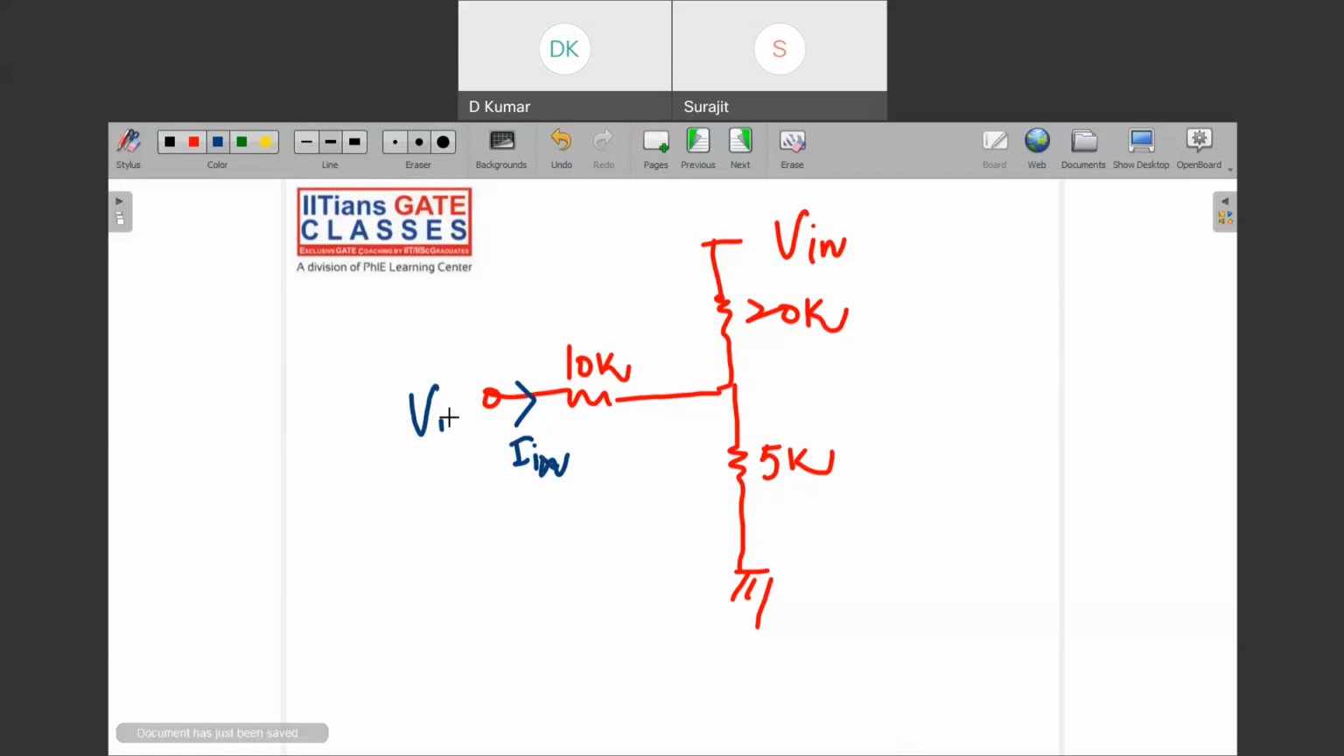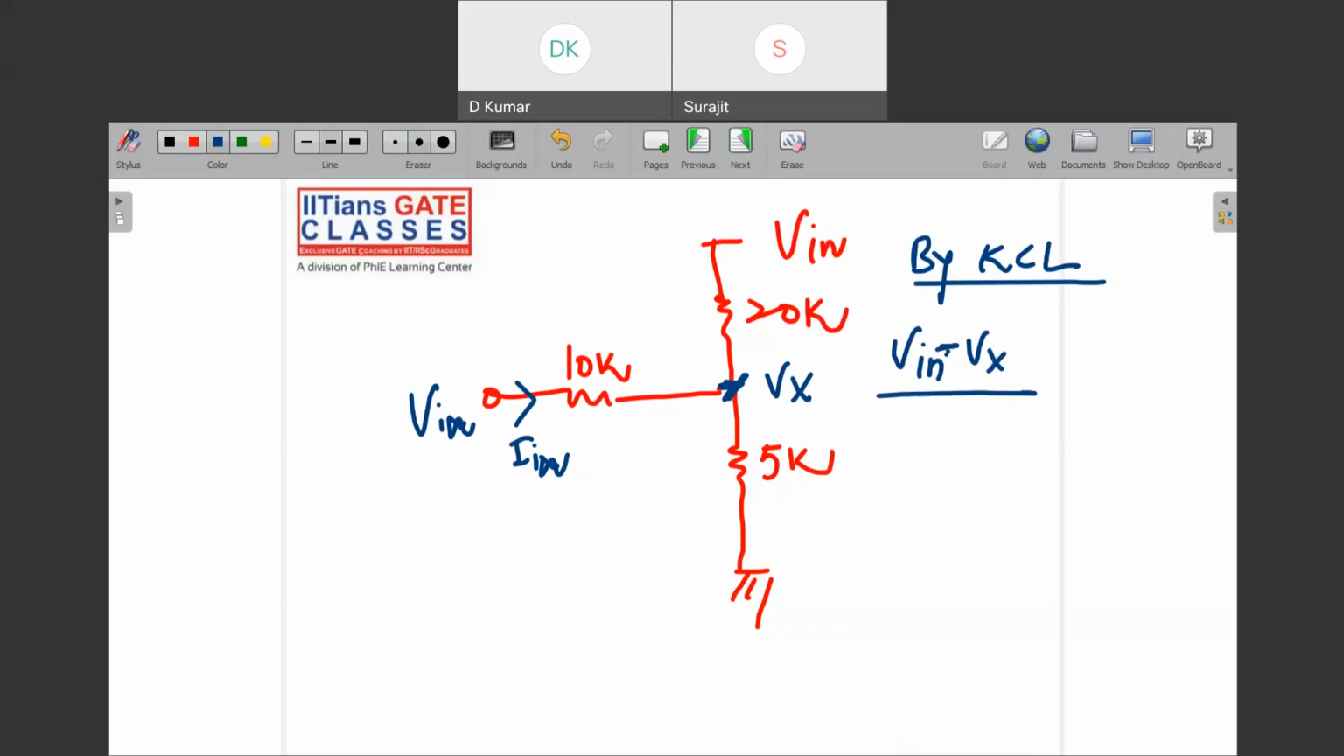So this is V in, and this is the I in. Either you can Theveninize this, or just to find Vx here, you can consider this a Vx, and then you can apply KCL at this point. So by KCL, V in minus Vx,